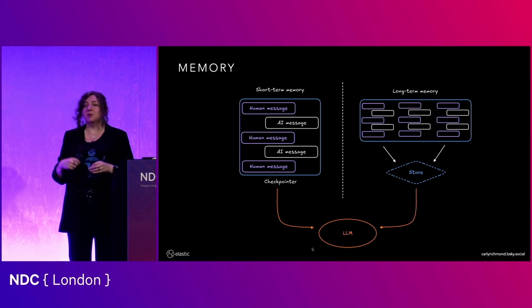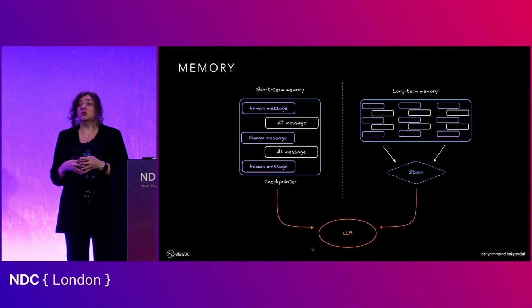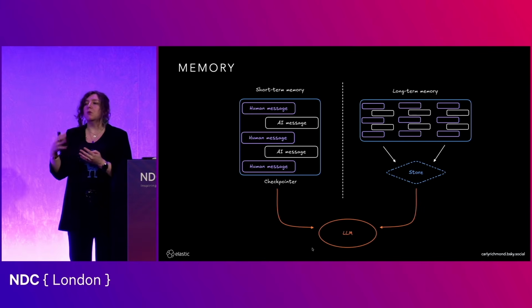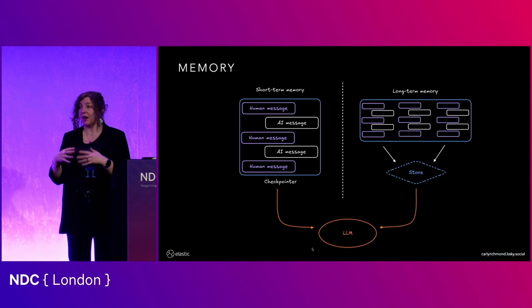Long-term memory is memory leveraging some form of store in order to try and store messages that might be relevant later on. So those might be knowledge of prior sessions, things you've asked about before. Maybe we want to pull out itineraries that have been proposed to you in the past because we think you'd be more likely to book it now. Maybe you've had time to go and have a think about it. Or alternatively, do we want to expand greater than that? Have there been itineraries generated by other users that might actually match your preferences and we can recommend those instead? This can be a good way to try and ground and limit the context as well.